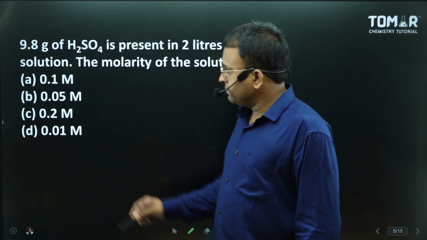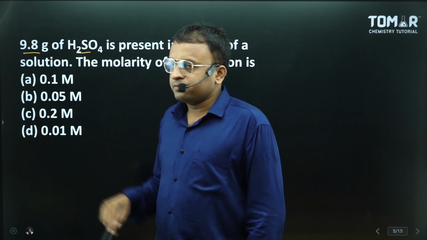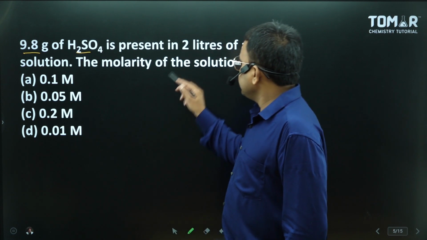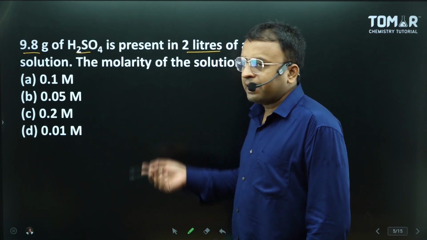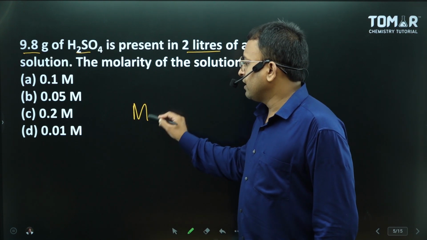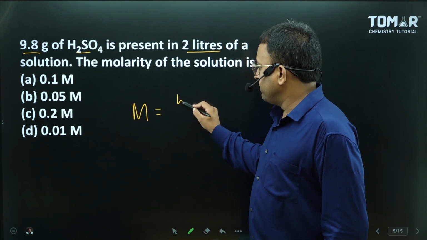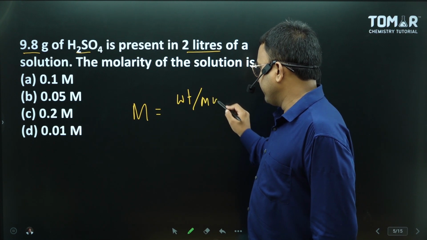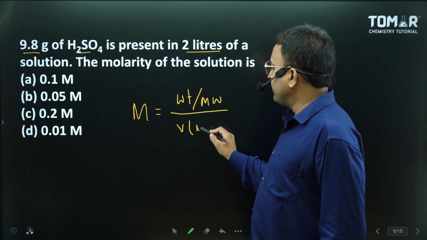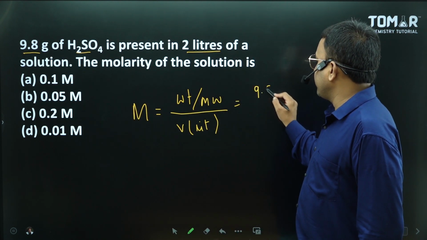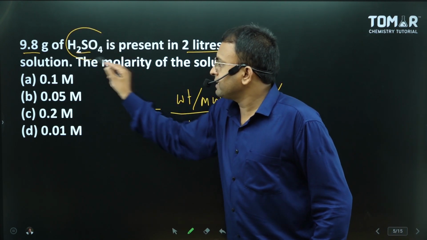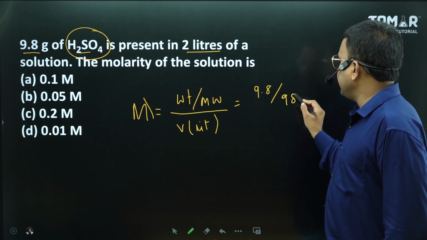Next MCQ. 9.8 gram H2SO4 is present in 2 liter of a solution. Find molarity of the solution. Formula of molarity is mole per liter. Mole is weight divided by molecular weight, and volume in liter. Weight of H2SO4 is 9.8, molecular weight of H2SO4 is 98,